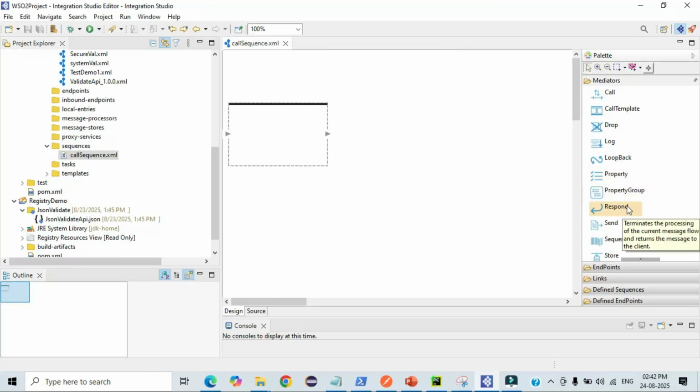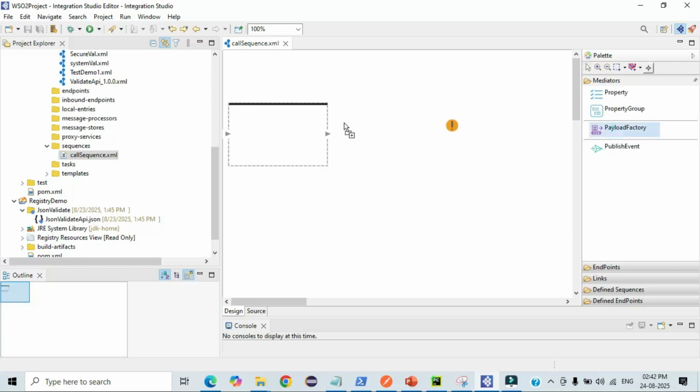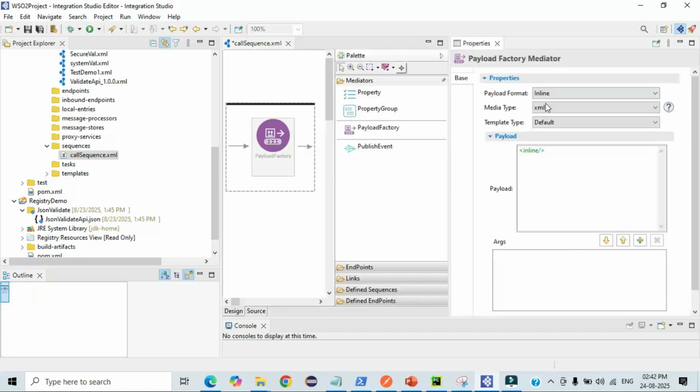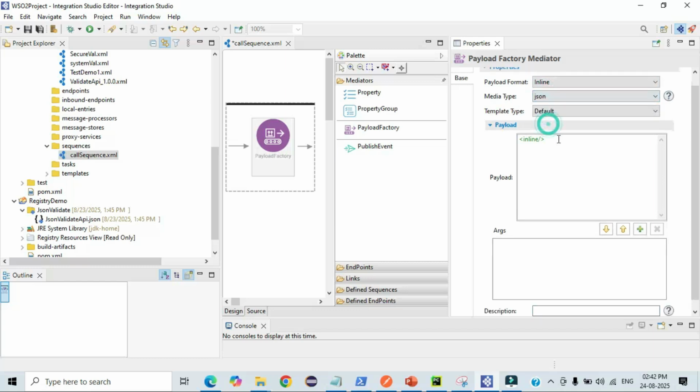Here I'm just using one Payload Mediator. This is for a sample demo. Inside the Payload Mediator, let me go through Show Property View. Let me change the media type to JSON. Let me add one sample text. I'm adding here status. Inside status I'm just adding